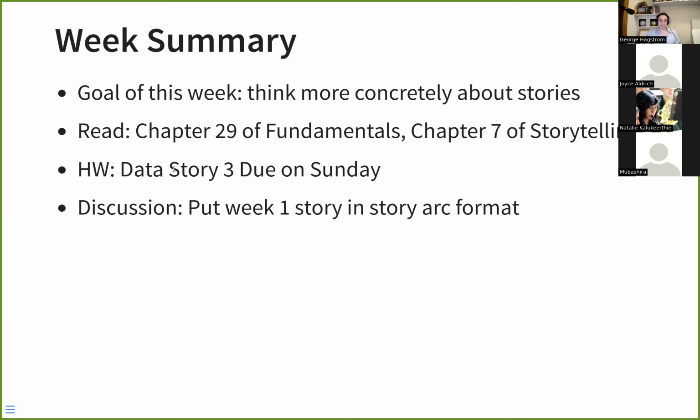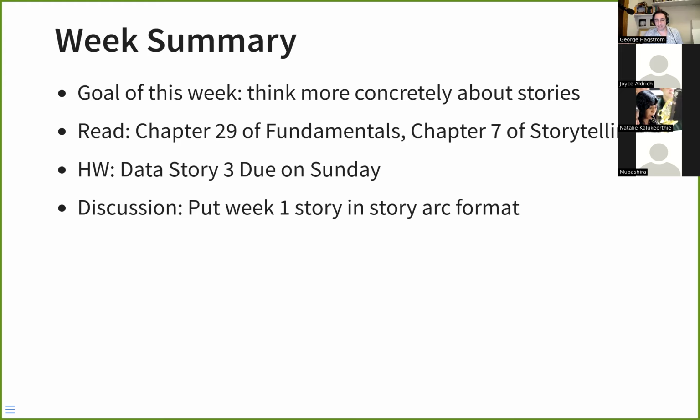I'm going to start by talking about what we're going to be doing throughout the week. I feel like everyone has been told, "you've got to make your data analysis tell a good story." The name of the class is visual storytelling. The goal of this week is to get you to think about stories and their structure in a more concrete fashion.